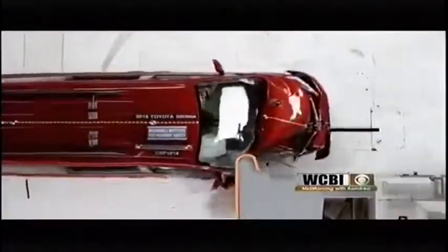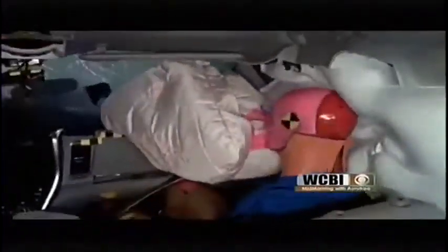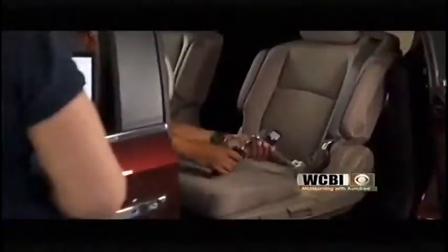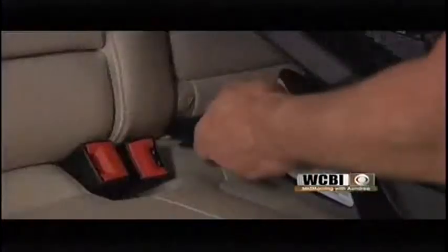He says the seatbelts and airbags performed well in all the minivans, but the Toyota Sienna received a marginal rating overall. The safety cage collapsed so much that we measured front parts of the vehicle structure moving back towards the passenger dummy as much as 20 inches. Researchers also tested 5 minivans to see how easy it was to install car seats using the vehicle's built-in